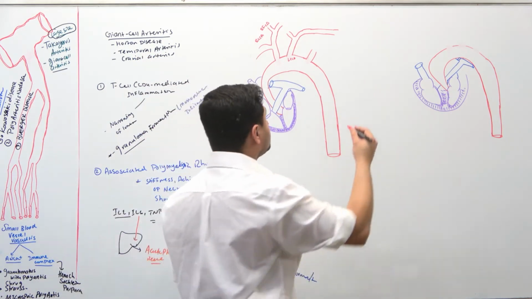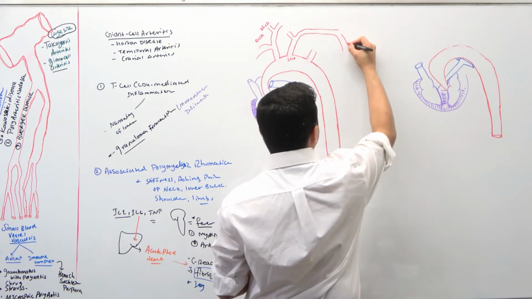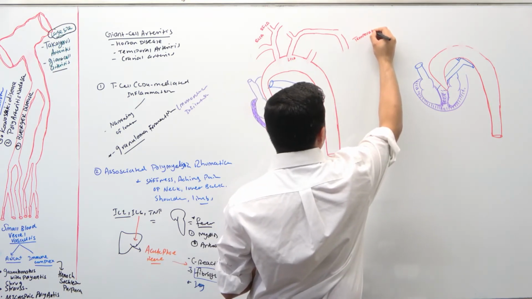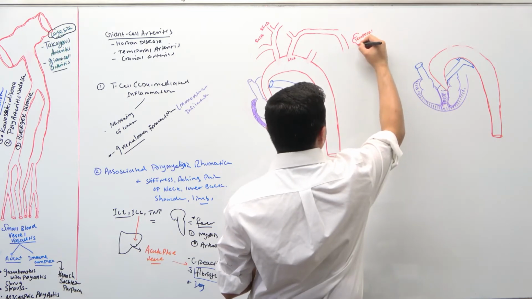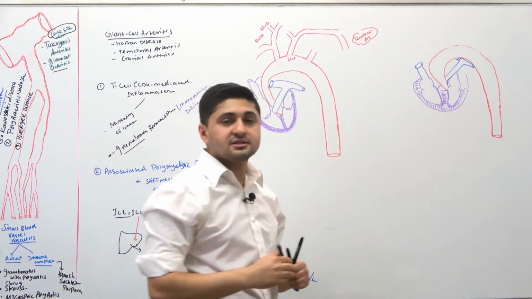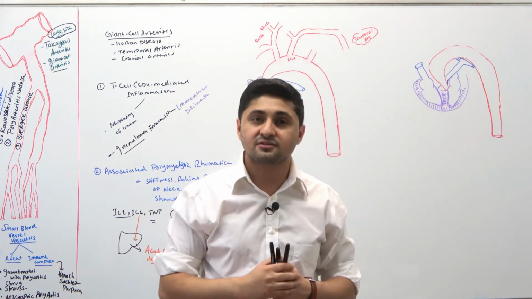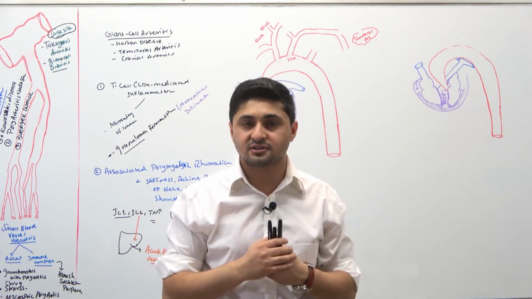Okay, it gives you a branch. We'll just say, for our case, it's a temporal artery. It gives a branch as a temporal artery. It's very, very important. And this temporal artery is supplying where? It's supplying basically your temporal area, and then also the muscles of mastication that bring oxygen in blood to